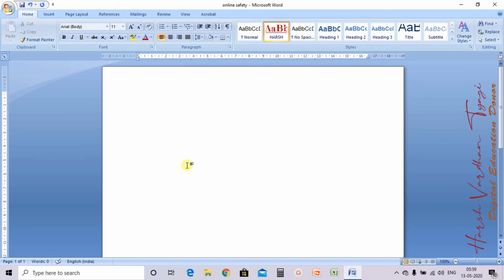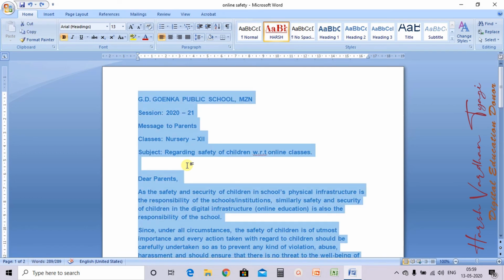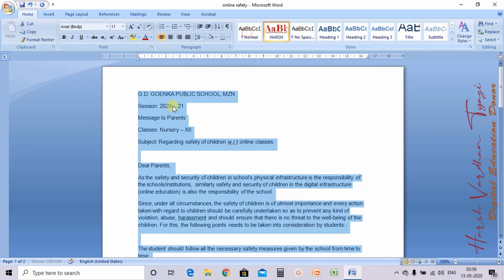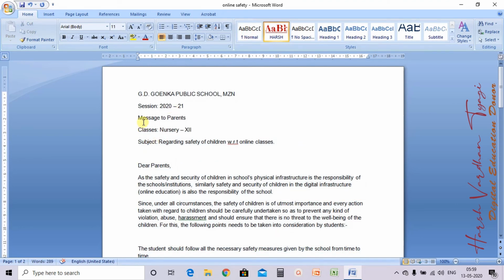Suppose I am typing, let me just give an example, normal. Okay, now on these two lines, I am doing some formatting.